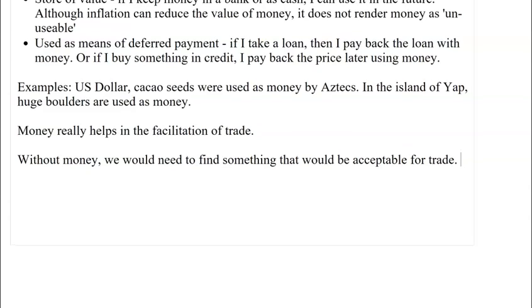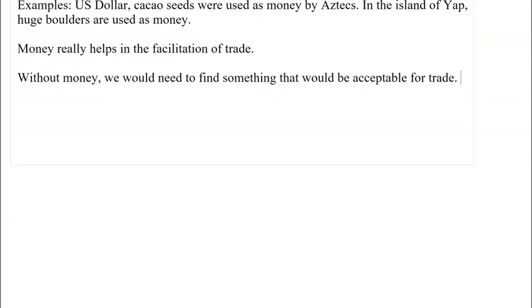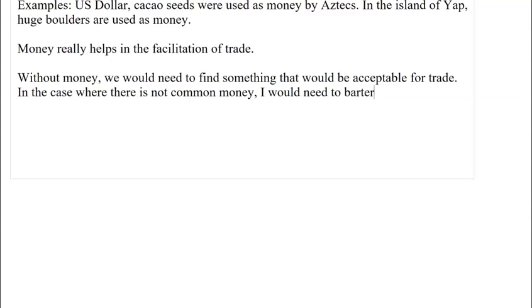So as a result of that, what would be acceptable for trade? Well, in the case where there is no common money, I would need to barter, which means that I would need to provide some other good in exchange for bread. Let's say I have coffee beans with me. So I would go to the bread person and say, okay, give me 2 loaves of bread, and in return, I'll give you a pound of coffee beans. However, in this case, there needs to be